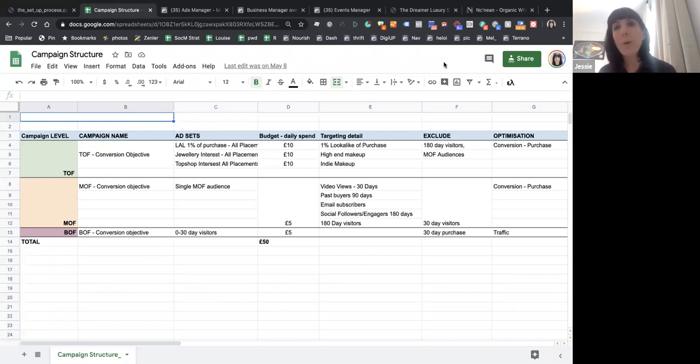So essentially what we're going to be doing is putting the majority of your budget towards what we call prospecting or cold audiences: people who have never been on your site, are not on your email list, don't follow you on social media, and they're the important people that you want to get in front of. We're going to put 80% of the budget towards them,